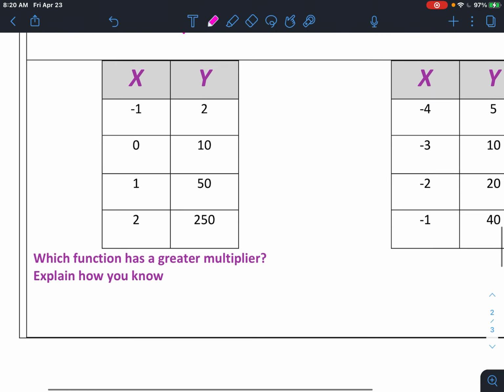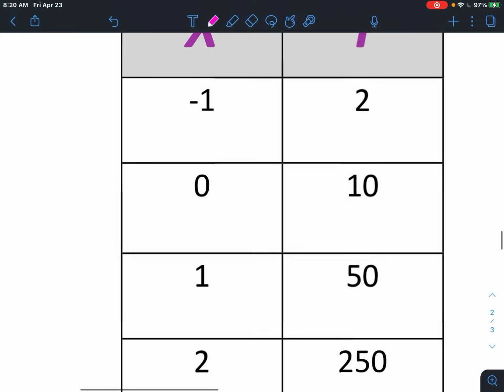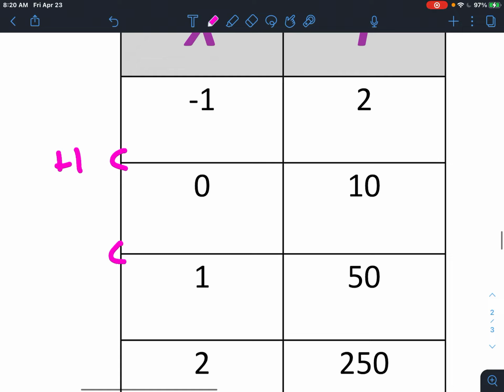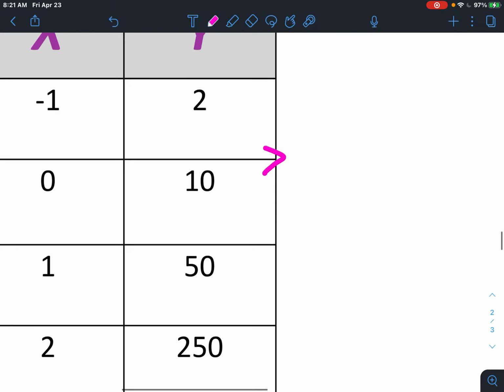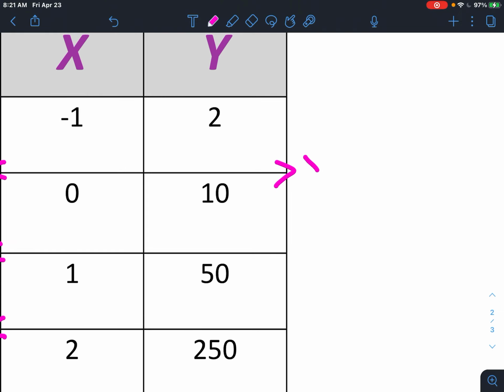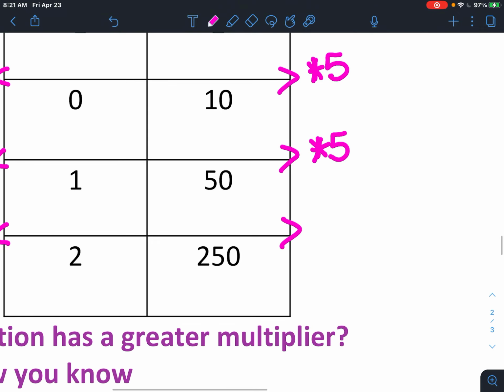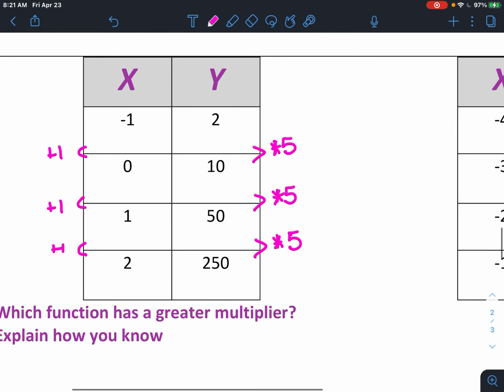All right, and then the last one we'll do together. This one is asking for which function has the greater multiplier, and then explain how you know. So we don't care about the y-intercept, just the multiplier. So for my x's, we are going up by 1s. Perfect. Over here, 2 times what is 10? Times 5. 10 times 5 is 50. Good. And 50 times 5 is 250. Okay, so my multiplier here